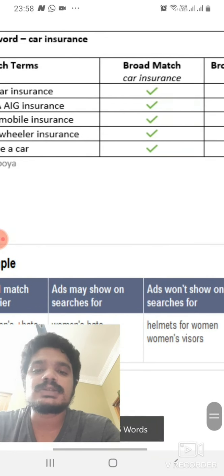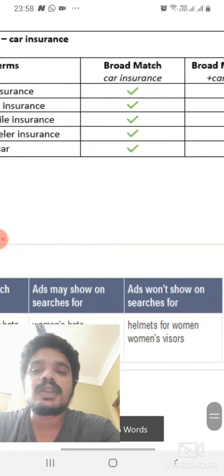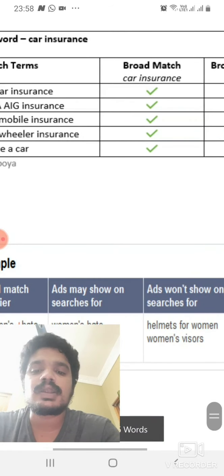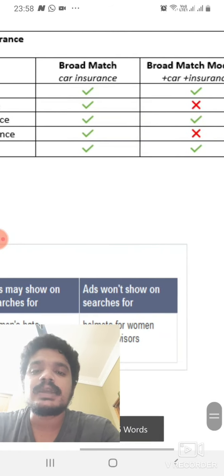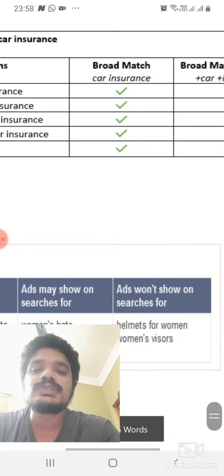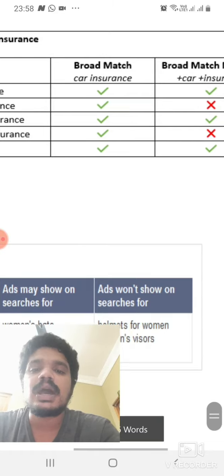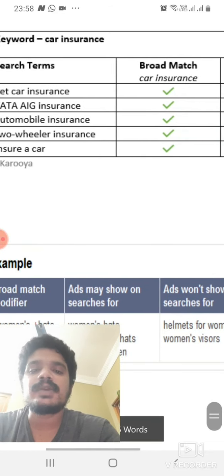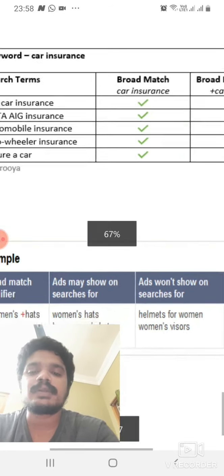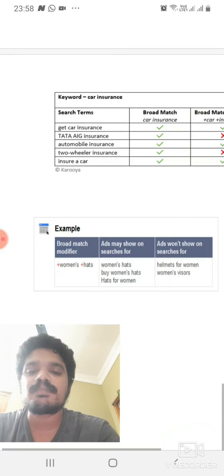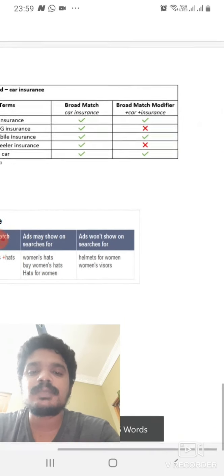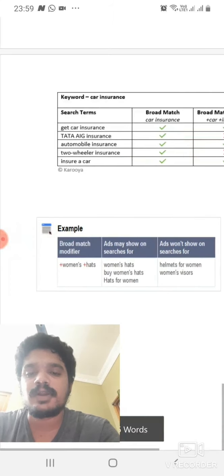Two-wheeler insurance is not our relevant keyword, but it will show to the customer if you use the broad match as car insurance without the plus symbols. Automatically our budget will be wasted. This is the example why I recommend don't use broad match. Use the broad match modifier.